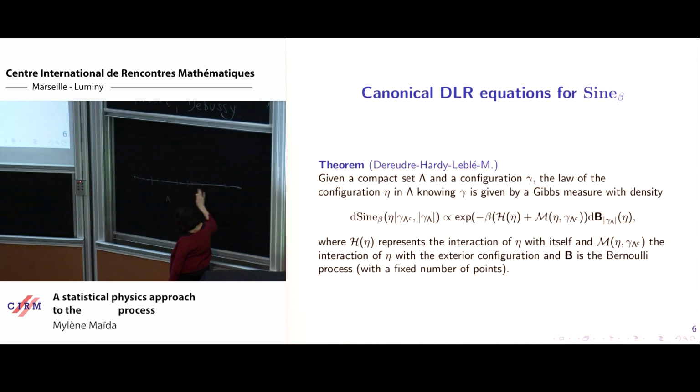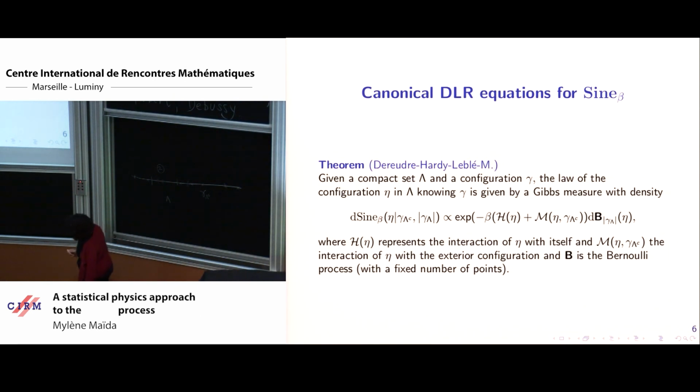You keep the configuration gamma on lambda complement, so this is the configuration outside the box. You erase the points inside, but you keep in mind that there were 2 points inside. So you keep track of the number of points inside the box, and you will redraw the 2 points according